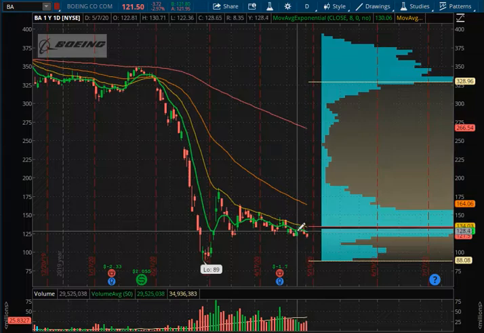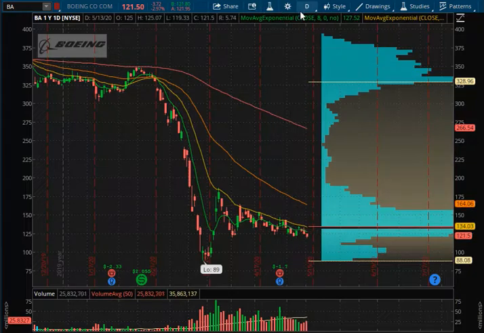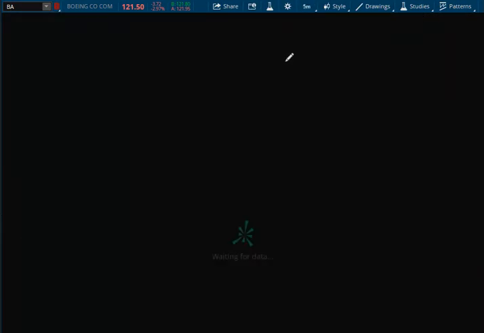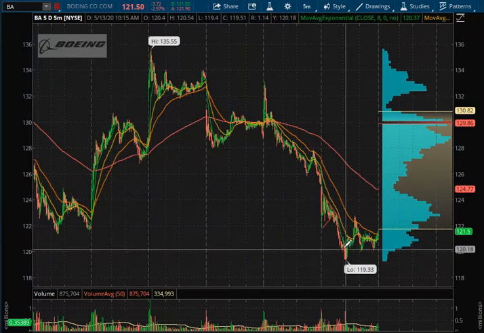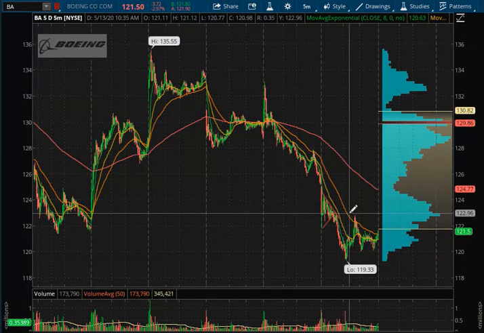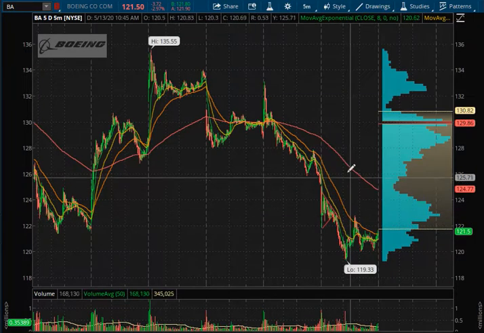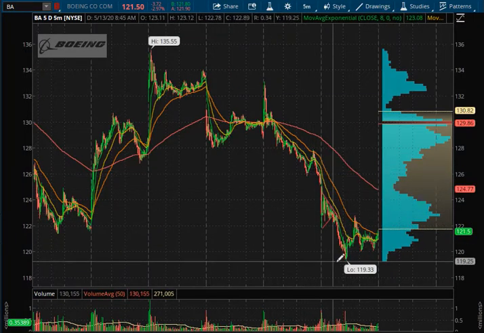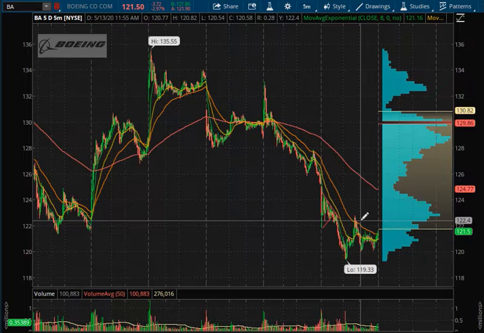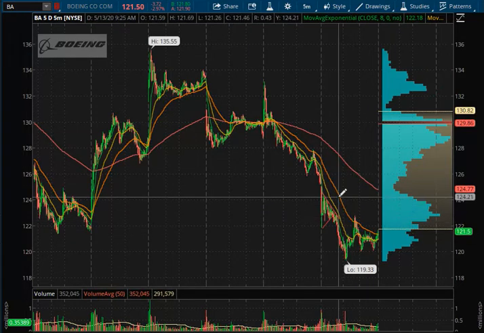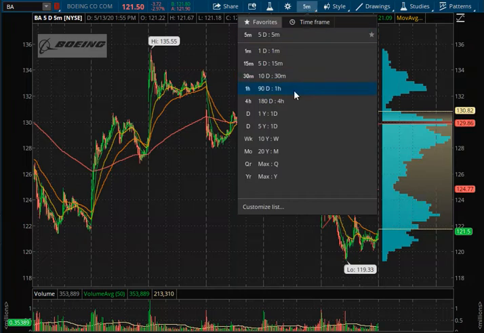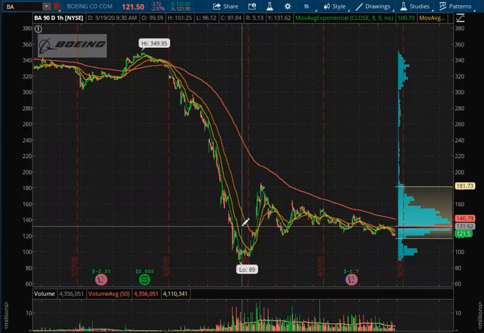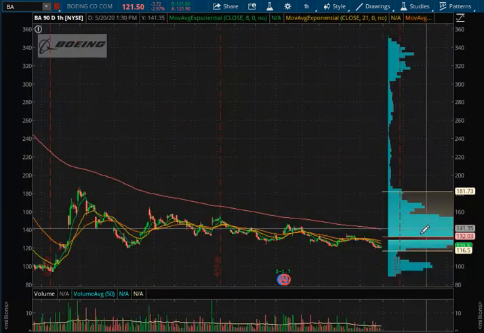But if you were trying to do that today, you would have shorted at 120, pretty much the low of the day, and you either would have gotten stopped out or you would have been taking a much larger area of risk in this trade. So the area that I was looking at was 124, and if we come down to an hourly chart here,